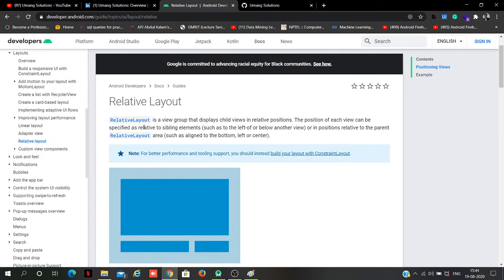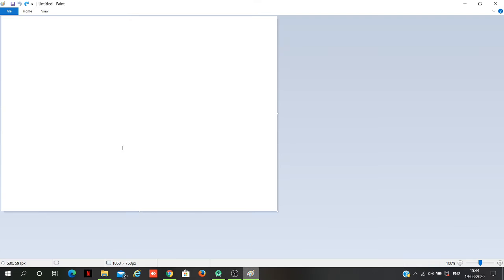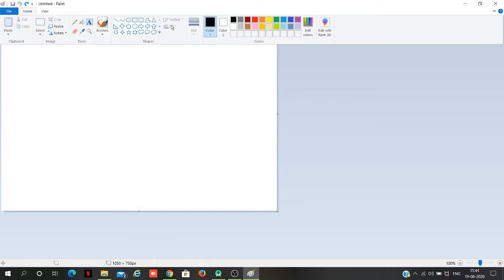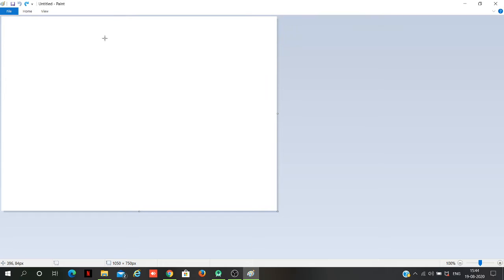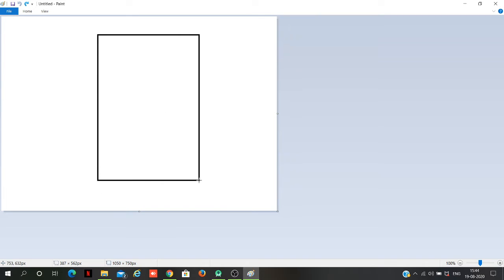Coming to the docs, see this definition: relative layout is a view group that displays child views in relative positions. Consider this to be a parent relative layout. Now I want to align my child view in the center of this page. How will you tell that to Android?